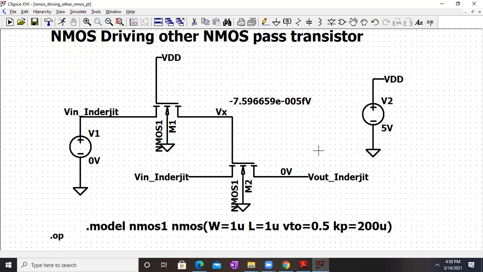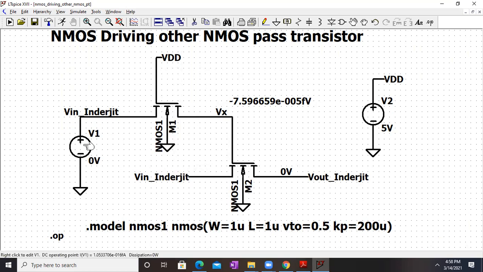Very straightforward. Because if the gate terminal of an NMOS pass transistor is 0 volt, the output will be 0 volt only. The transistor is off, irrespective of whatever you pass at Vin, the output will be 0. So that means for logic 0 in, the first NMOS pass transistor passes logic 0 as it is, and the second NMOS pass transistor is off. M2 is off over here. Irrespective of whether it is 5 or 0, the output of this, Vout, will be 0.